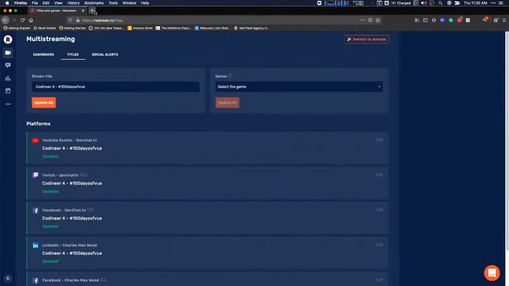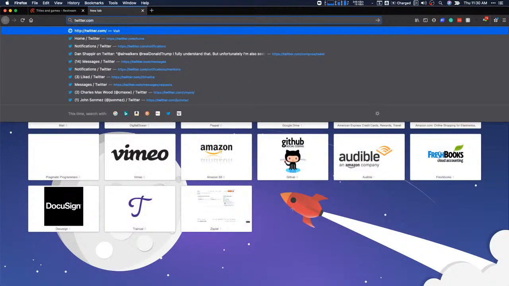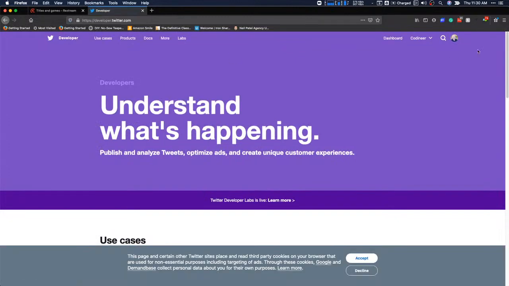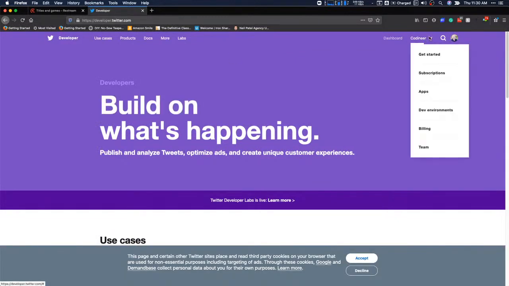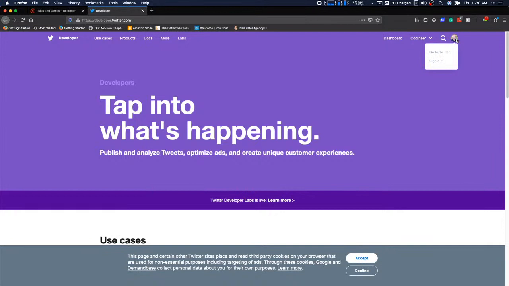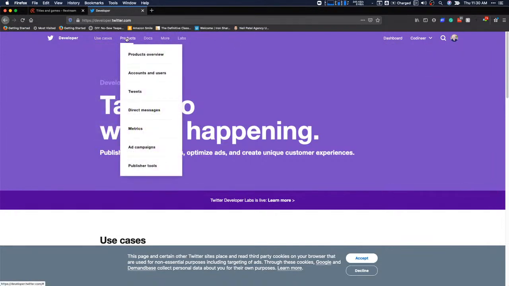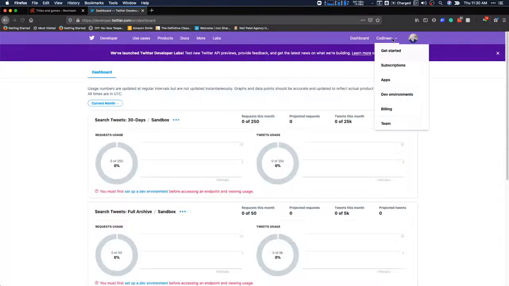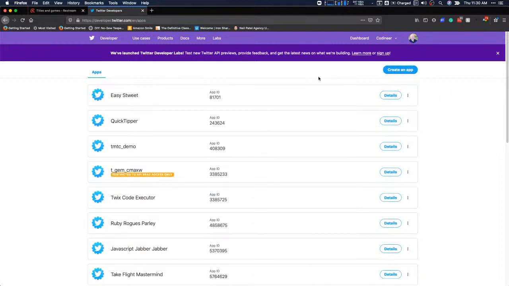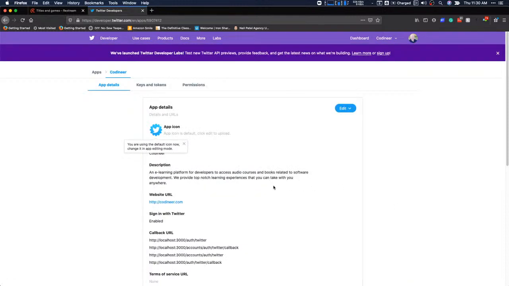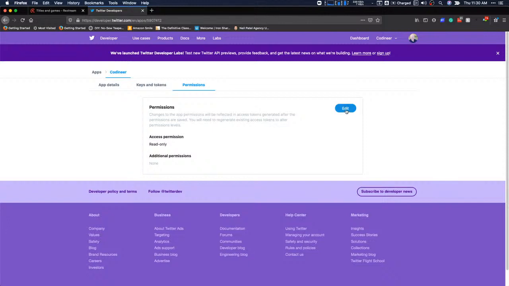I was poking around just to see what I could find. And developer.twitter.com. Interesting. All right. Dashboard, maybe that's where all that stuff was. Codineer, apps. Okay, I guess it added all these into apps. So we had Codineer here, details, and if we go over to permissions and we edit them, you can see